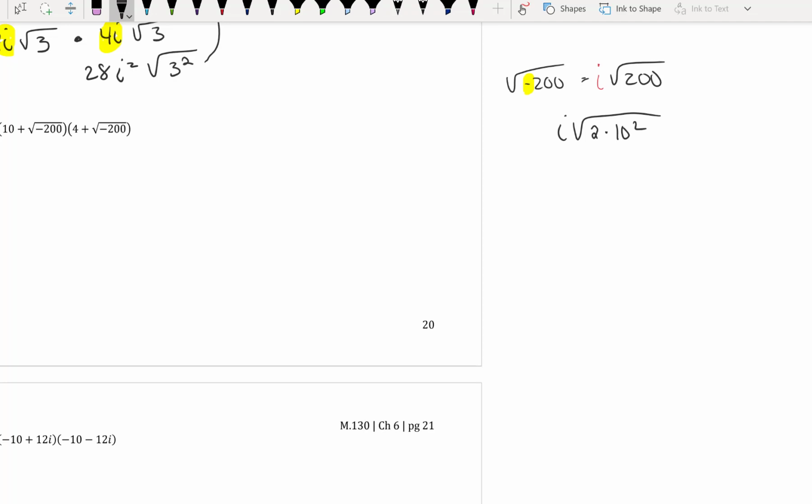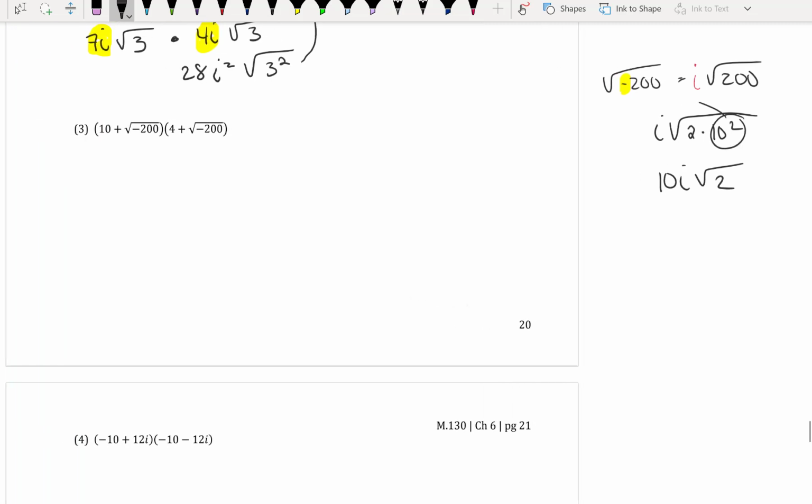So this becomes 10i square root 2, since that 10 jumped out. So now I'm going to rewrite this. I have 10 plus 10i square root 2 times my 4 plus my